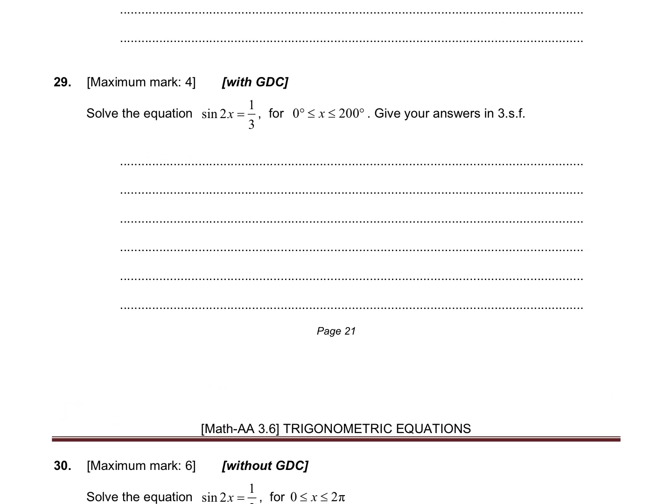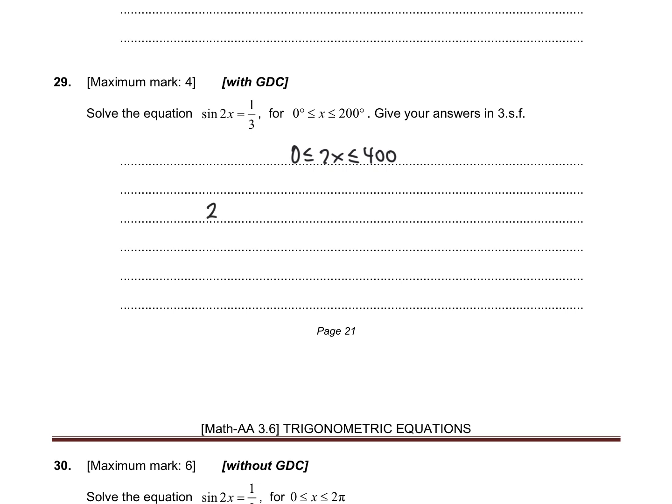All right, this one is with calculator because 1/3 is not a special angle or a special value. So when in the calculator, we're in degrees, so make sure your calculator's in degrees, and you do the sine inverse, because we're still from, let's do this, 0 to 400. So if you do the sine inverse of 1/3,